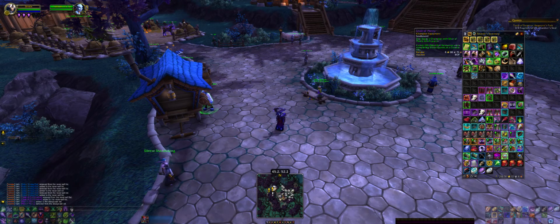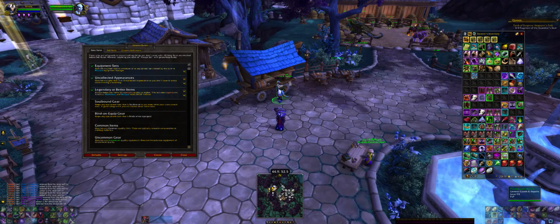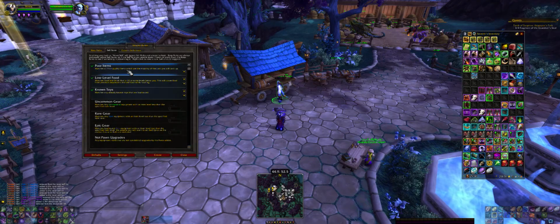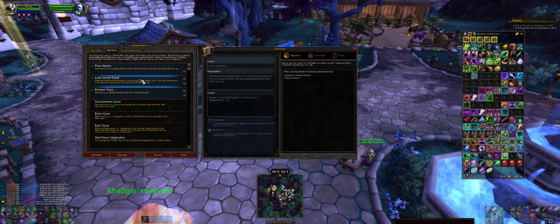But going through and manually triggering all the things that you want sold with the always sell list can get kind of tedious, which is why we have a lot of other types of rules to help you out. So we'll go through some of the sell rules. We have our standard sell poor quality items. We have sell